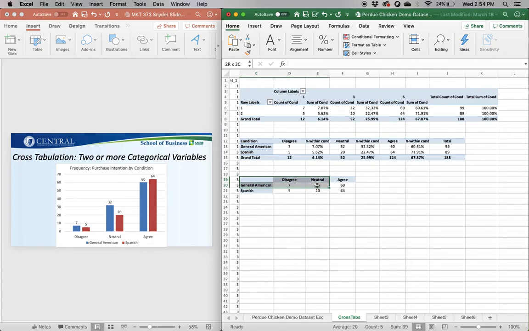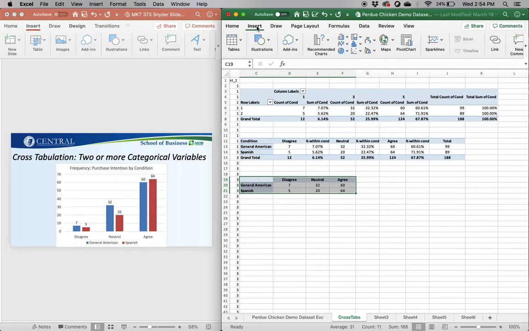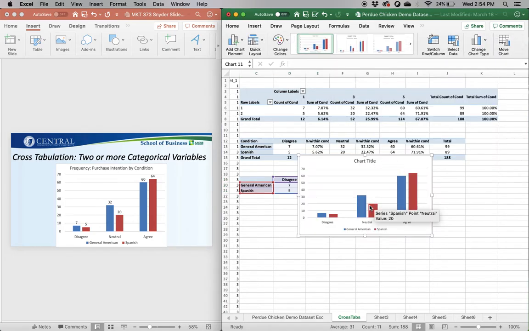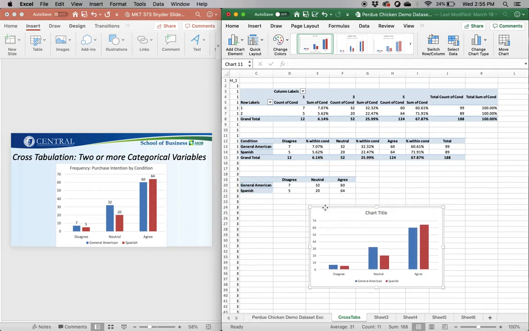And now I'm going to highlight all of the remaining information there. I'll go up to the top, I'll hit insert, and you can see our histogram options right here. So we're going to click on the very first one. And here you have the beginning of the chart that you see over here. All I have to do is modify the formatting so that it fits. So inside the chart, I can write